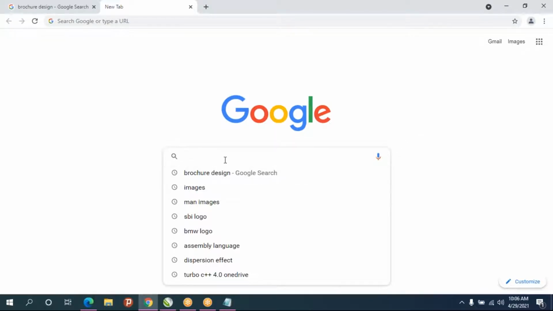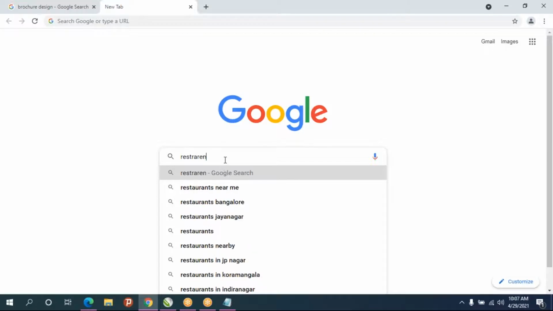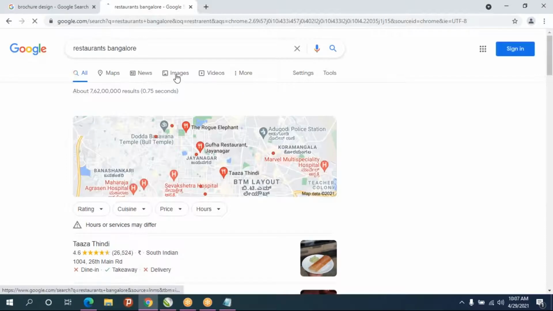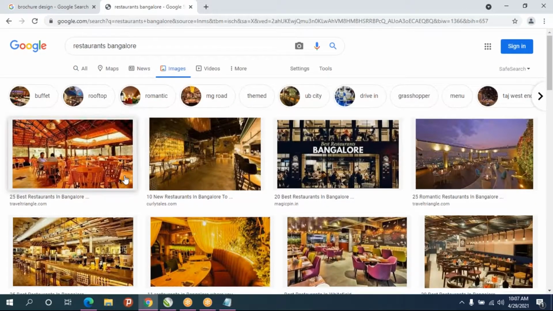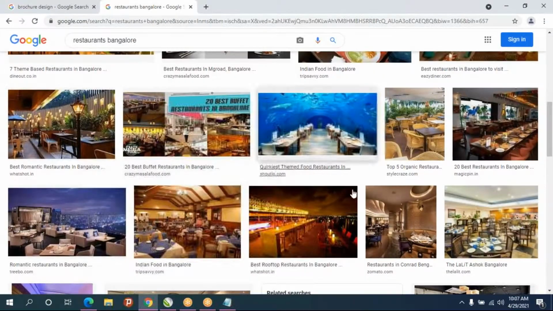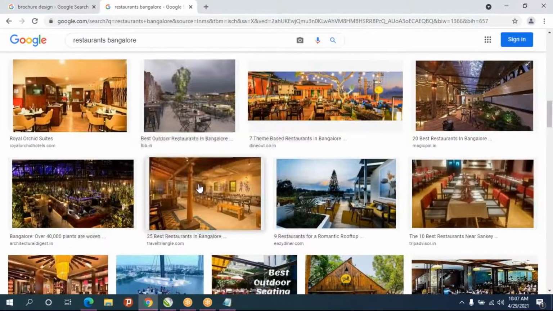So those images we need. Once you open any restaurant, you'll be having your own photos. But right now I don't have any photos. So we'll download some photos from the internet. So that only we can use it.